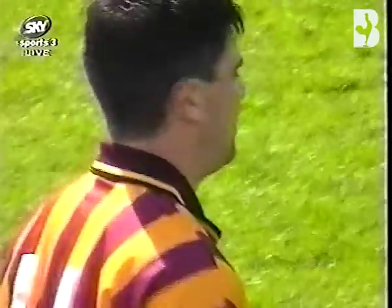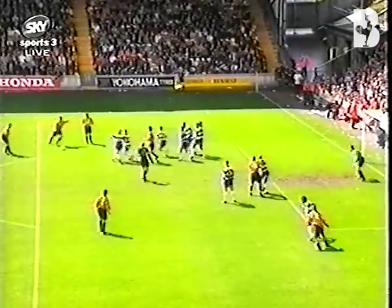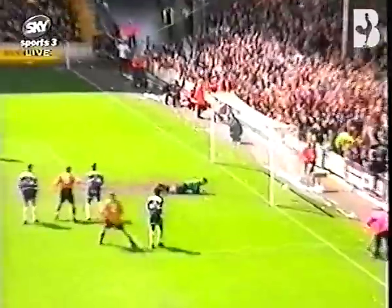And with 7 minutes of the second half gone, surely Bradford now have secured their future in the First Division. The party has begun,